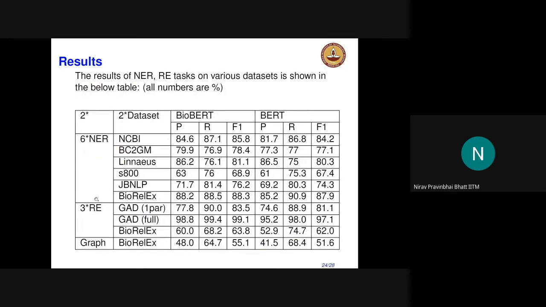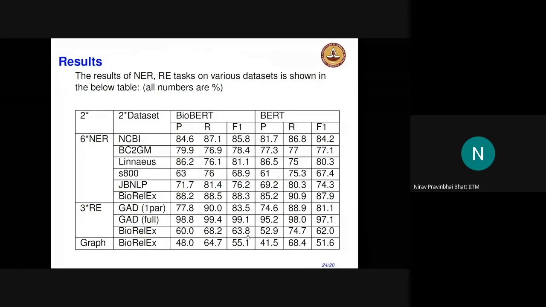For the NER and RE tasks, we have done really well. In a graph, our F scores are okay with both of them, particularly with BioBERT in this particular data, because this is the only data where we have complete knowledge. And this is a little bit better than the benchmark algorithms people have used.